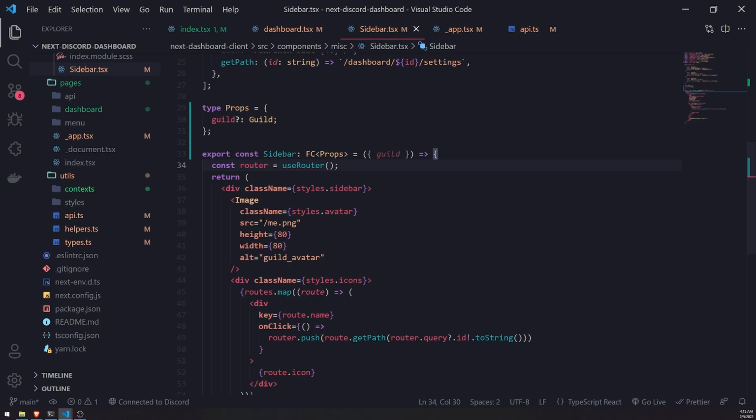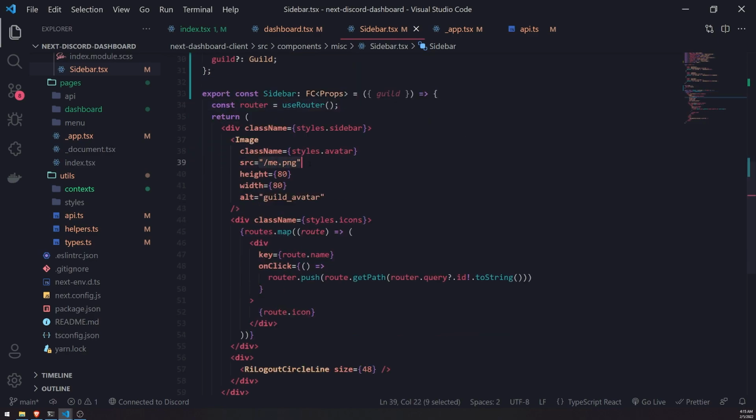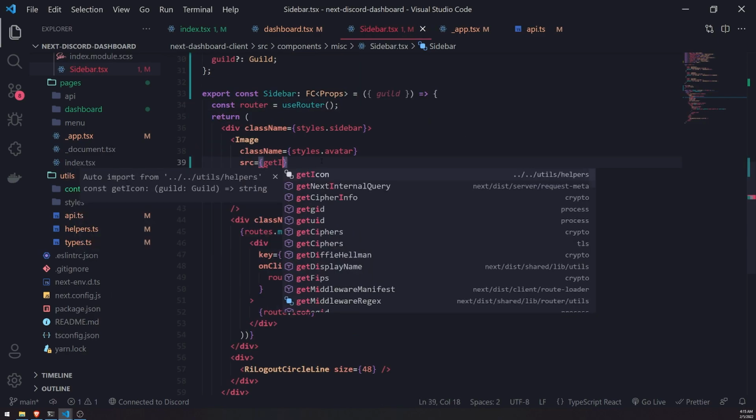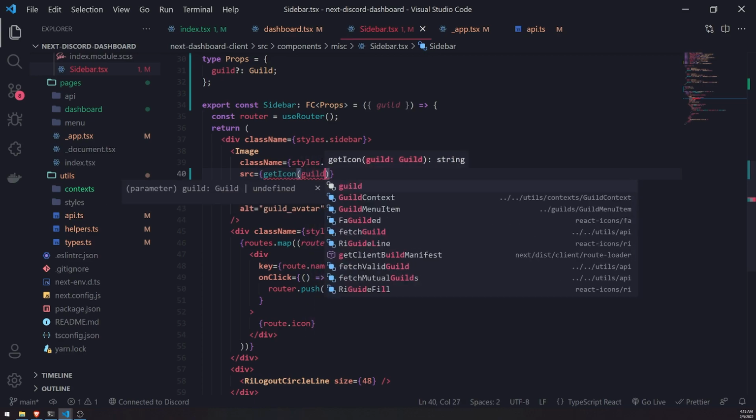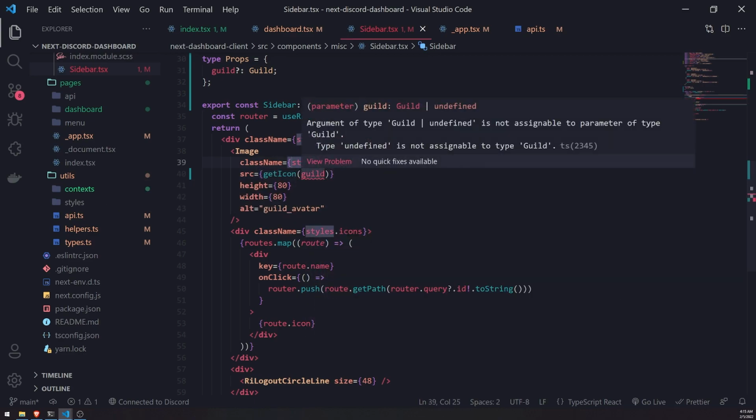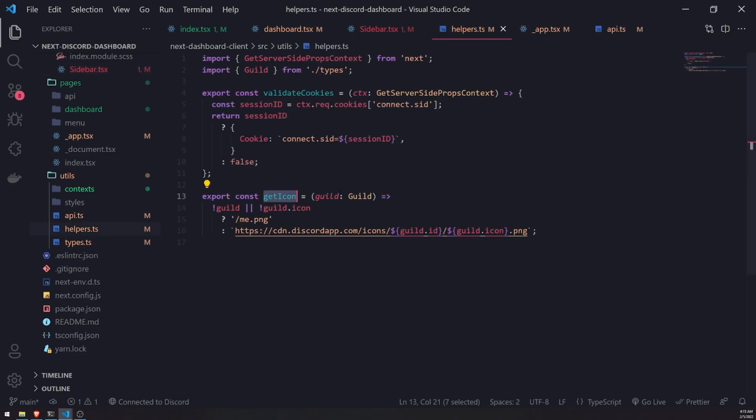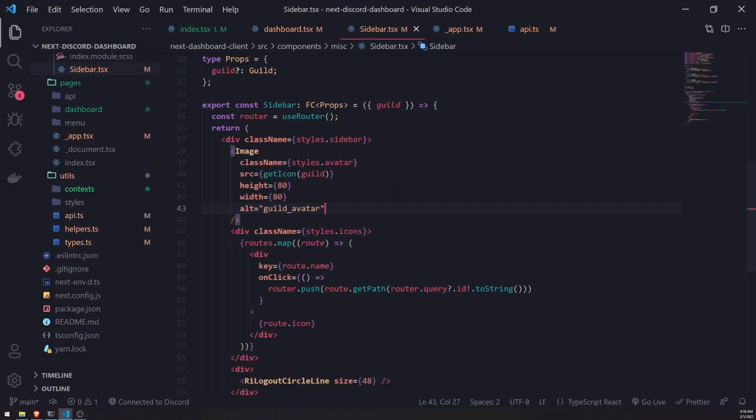So let's go to our sidebar again. Right over here for source, we're going to call it getIcon. We're going to pass in guild. Now it's saying argument of type guild is undefined. You know what? Let me do this. There we go. All right, so now let's go to our